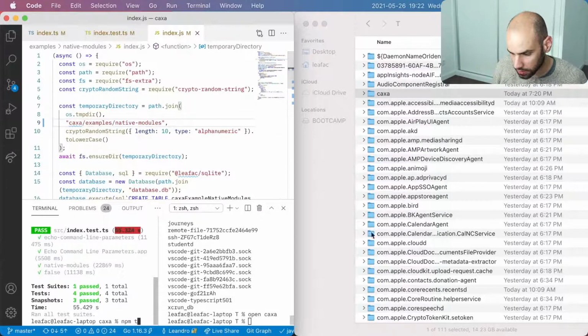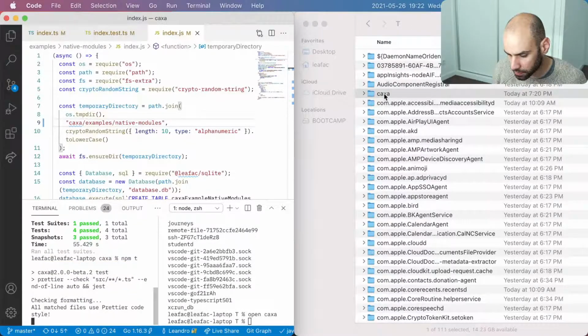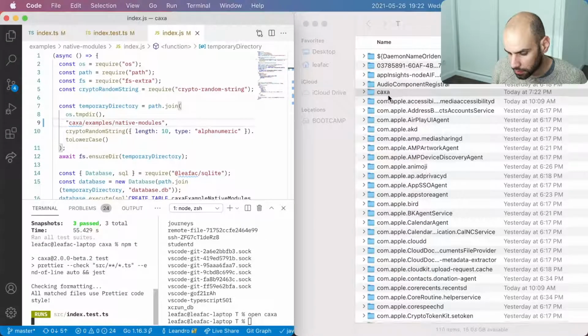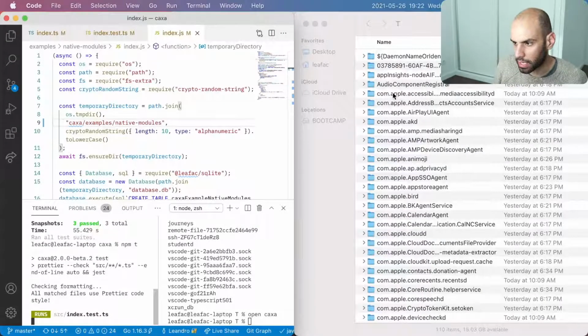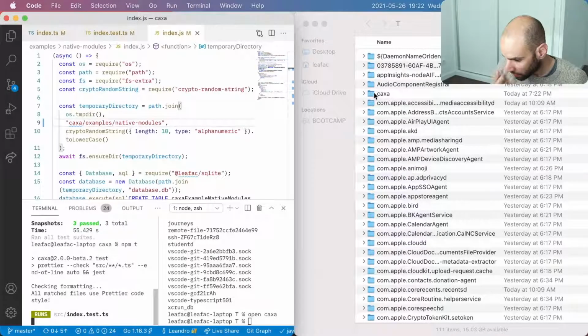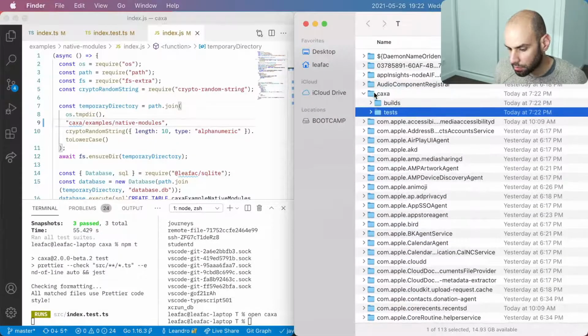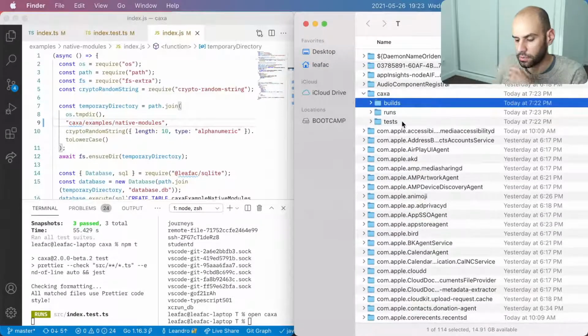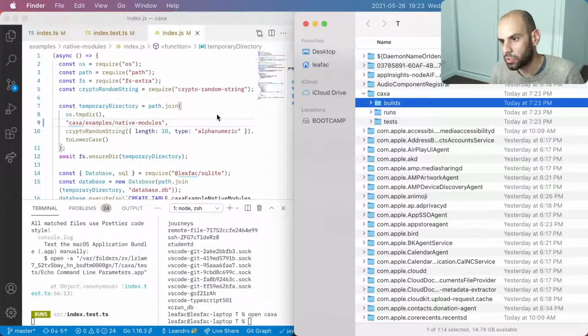Our change was successful. So let's run the tests again, and we'll see the Kasha directory going away. And there it goes away, and then it comes back, and we expect to see builds, tests, runs, and examples all in here. And it's going to take a while for all of these to appear. But I think that this restructuring of the directory makes sense.